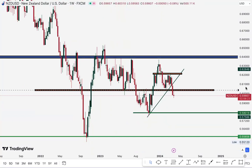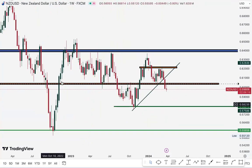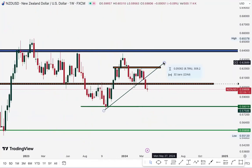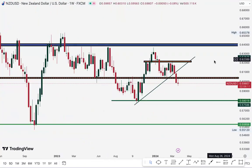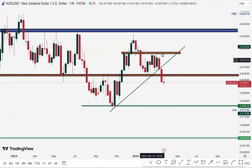Now, this is going through something similar to NZDCAD, similar thing. So we had this impulsive move, and then we actually had the correction. However, we failed to stay above here. Actually, if you check my previous weekly outlook, you will see me highlighting these levels here. I was like, yo, listen, as long as we remain under this yellow bar here, this pair could actually collapse